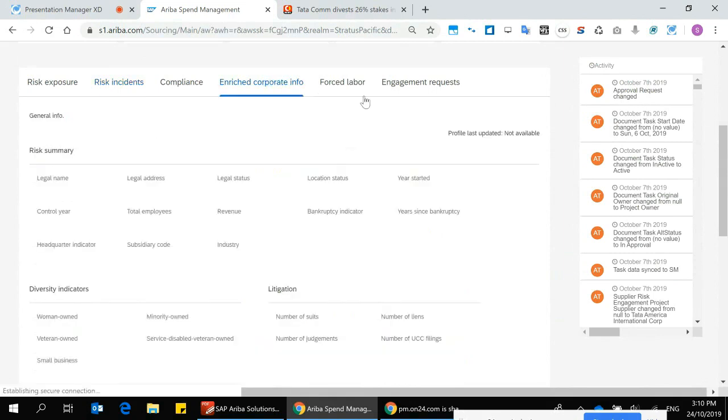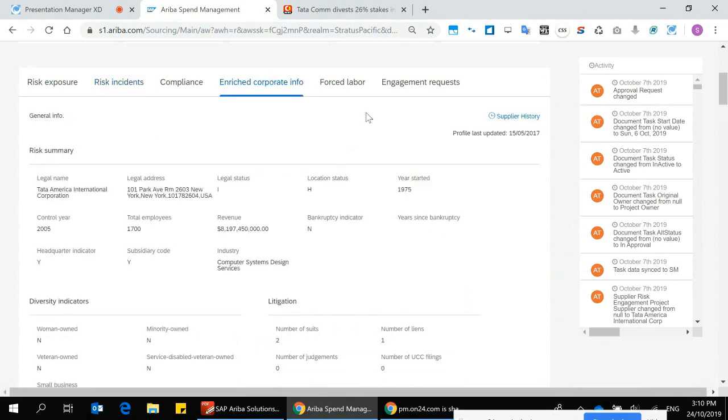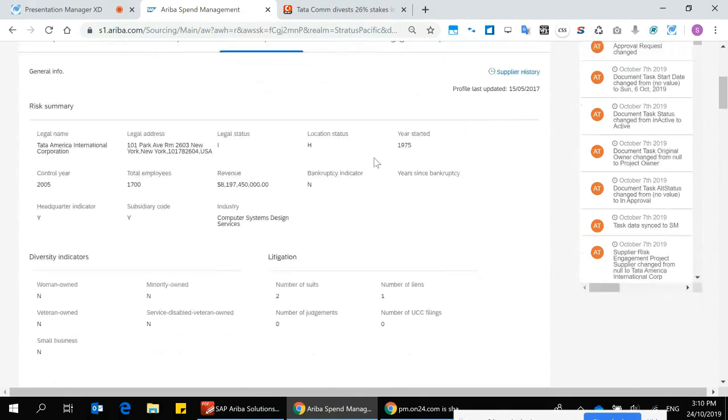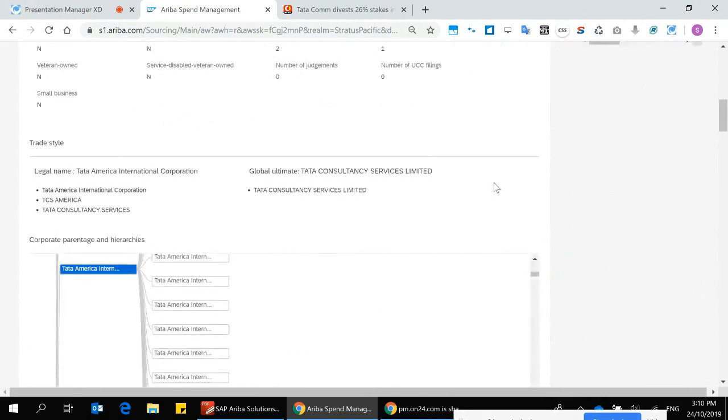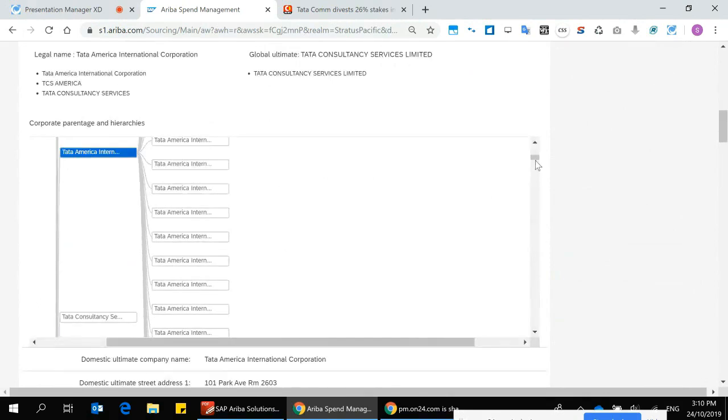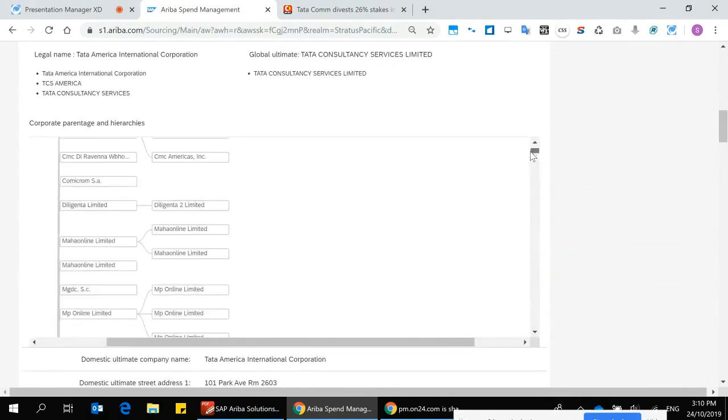In terms of some of the other information the system captures, every supplier added to supplier risk is automatically enriched through the Dun & Bradstreet enrichment process that we have a relationship with. This goes through the millions of records they support and captures information, providing legal requirements and diversity indicators, but also a really critical element: understanding the relationships of the organization.